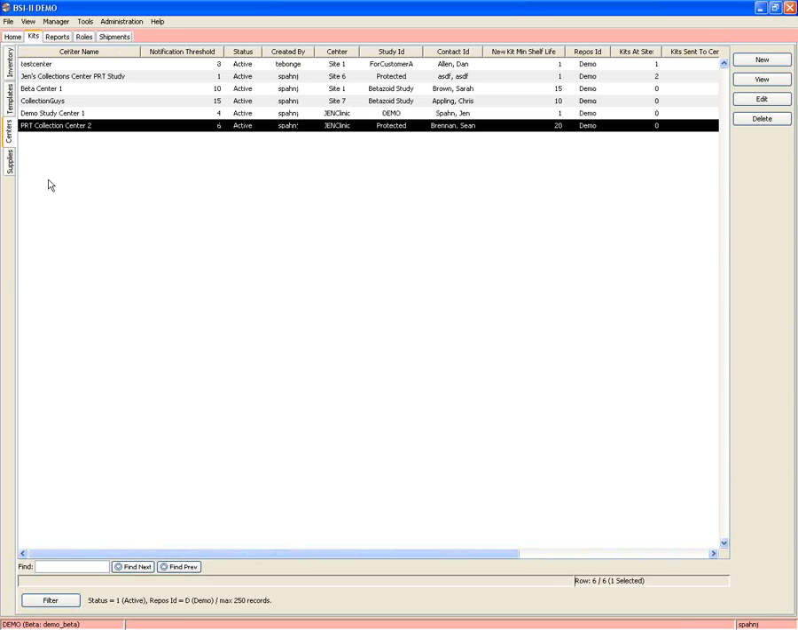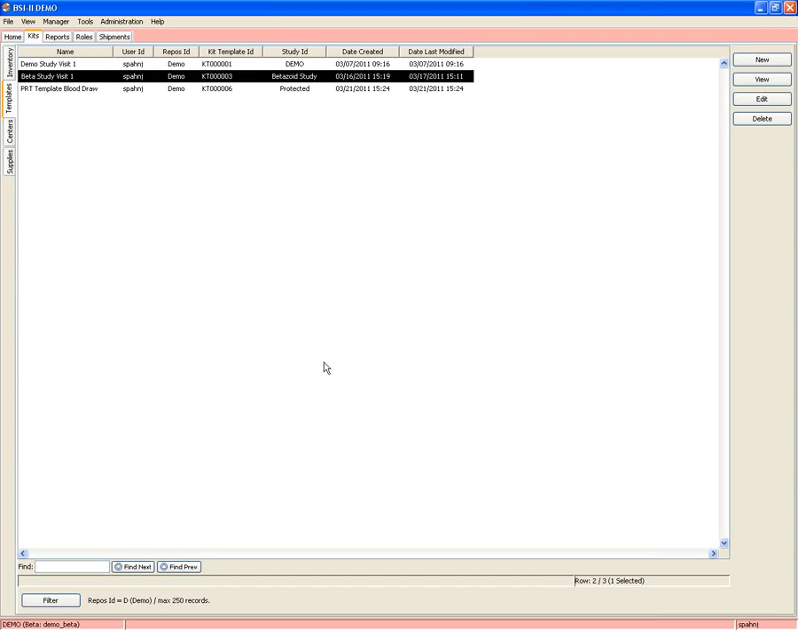So the next manager in kits is kit templates. So this is where I can define a template to say what goes in a kit when I build the kit. So you may, for instance, want to define your templates by study, or you may want to define them by study and visit, or study and type of draw. So to create a